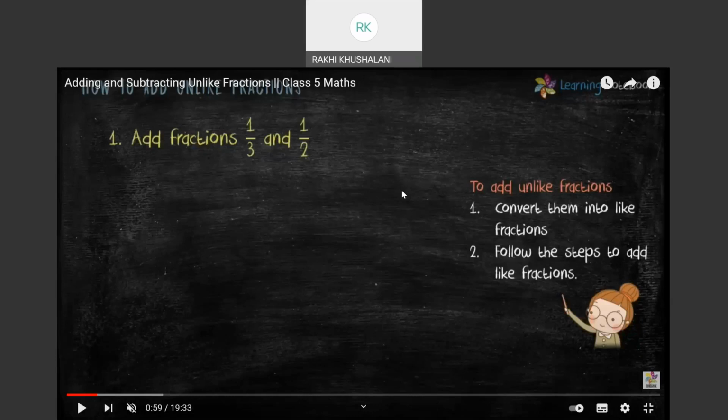Now, every time you are not going to graphically do the addition or subtraction of the unlike fractions, right? Or whether multiplication or division. You should know how we are going to actually implement that, or how we are going to do the addition, subtraction, multiplication, division of the unlike fractions algebraically, right?